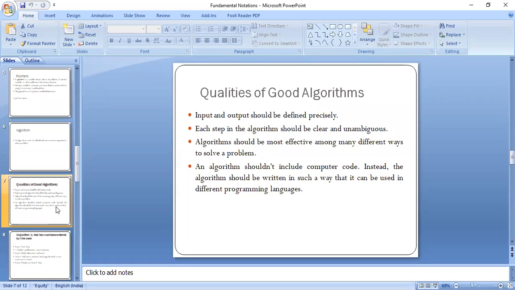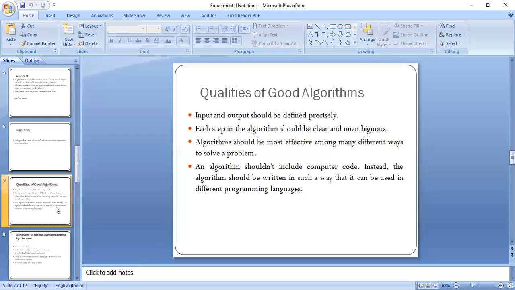We can reduce our set of instructions so that our algorithm can consume less memory or less time to produce the results. That will be considered a good quality of an algorithm. So we must target that in a minimal number of steps we can efficiently generate the results.